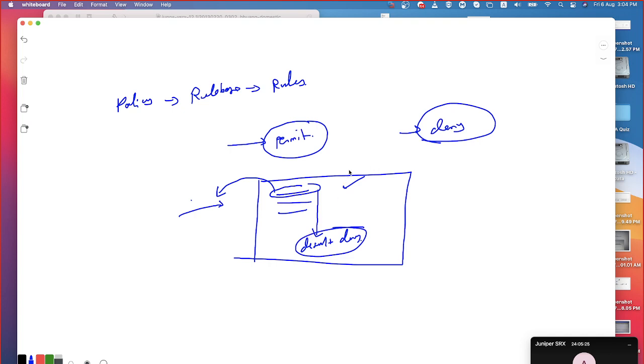But if you have the rules only with the deny action, then what would happen? Received packet is matching against the rule, the traffic will be denied. It is not matching against any of the configured rules, again the traffic is going to be denied. You understand? Okay, so that's the logic we need to understand.